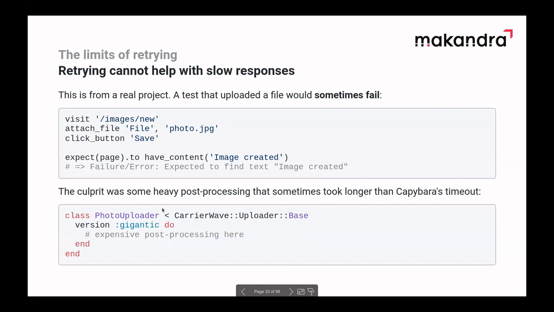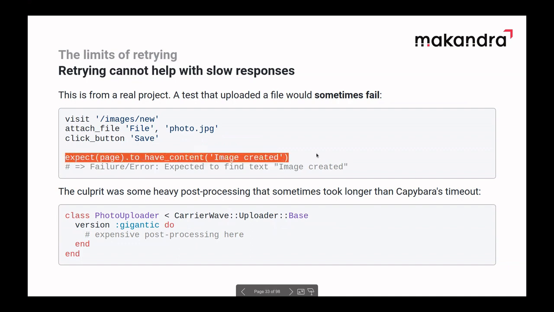And also, and this is an example from a real project that I had, retrying will not help you when your server is just slower to react than your waiting interval. So for instance, this is from a project where there was a form to save a photo, and this form would sometimes not work.